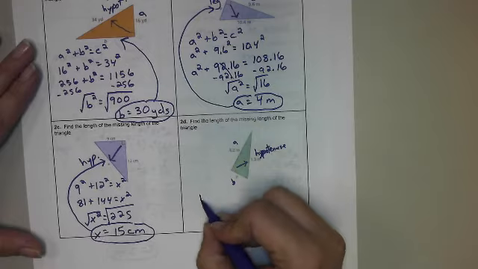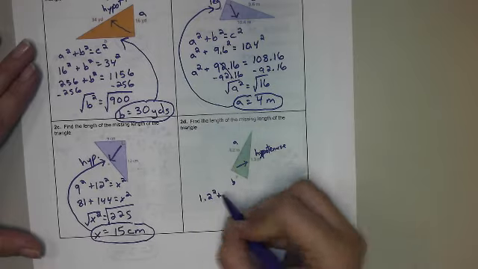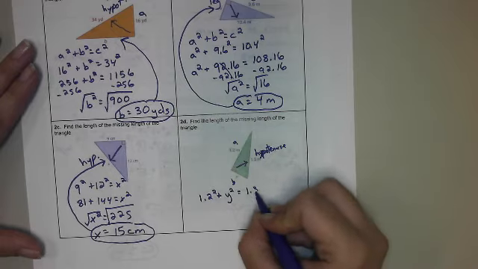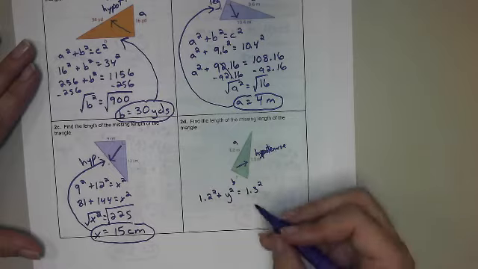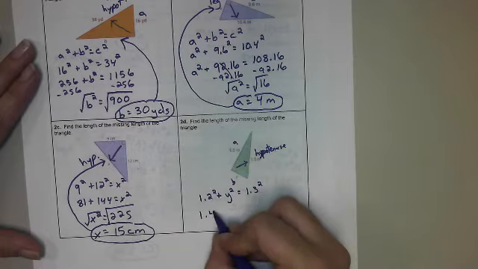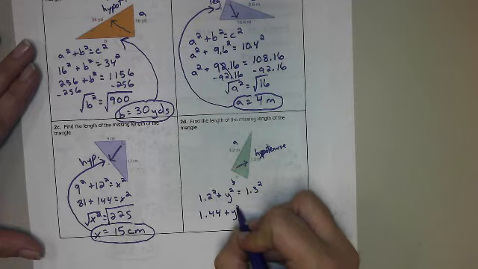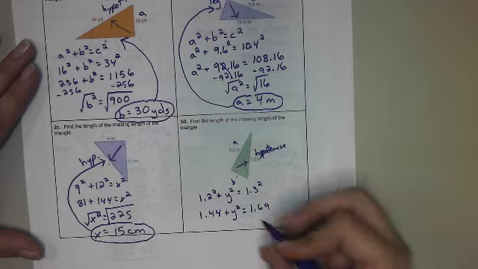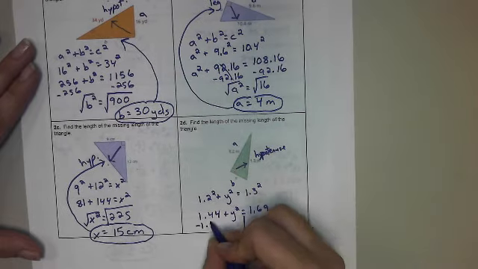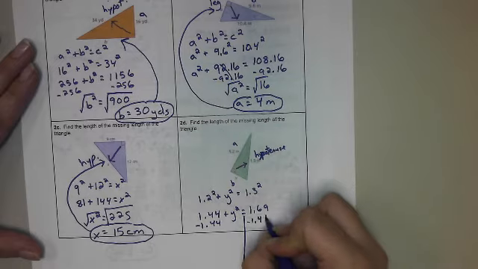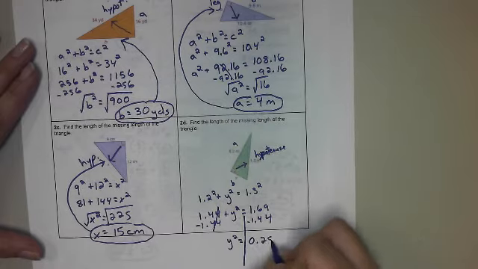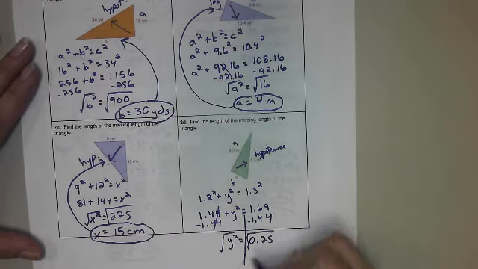So we're going to do 1.2 squared plus, we'll call it Y squared because they did, that's my other leg, equals 1.3 squared. So my unknown is one of my little legs. 1.2 squared you should know is 1.44, plus Y squared equals 1.69. We are going to subtract 1.44 from both sides. Those cancel. We get Y squared equals 0.25. We're going to take the square root, and we get Y equals 0.5